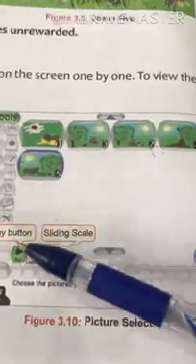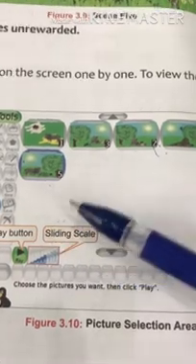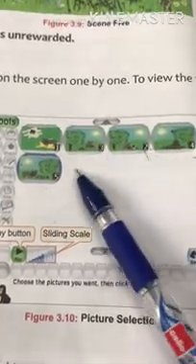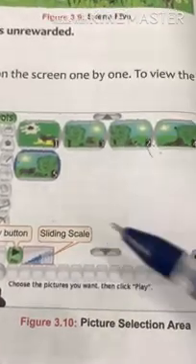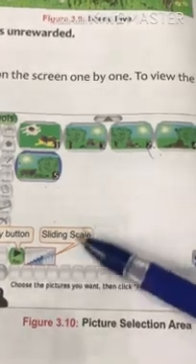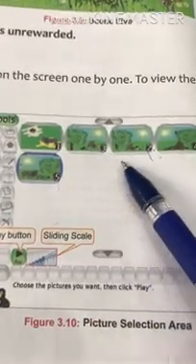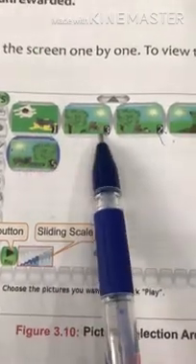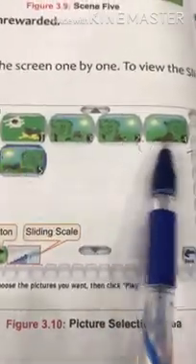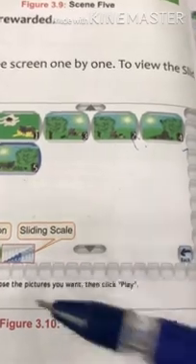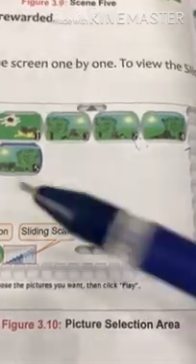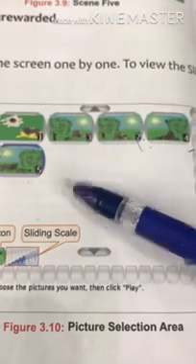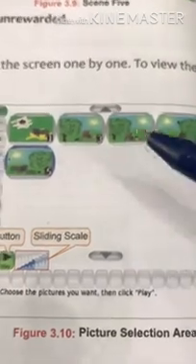Now click on the Slides option, then select the pictures you wish to display in the slideshow one by one. Children, just see, each picture that you select will be marked by a number. These pictures are marked 1, 3, 2, 4. It lets you know the order in which they will be displayed in the slideshow, one after the other.